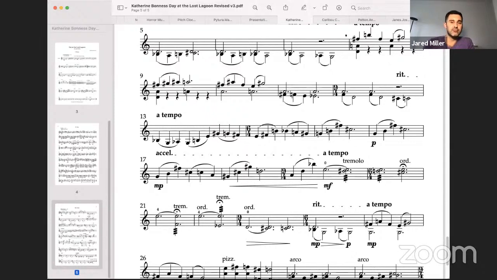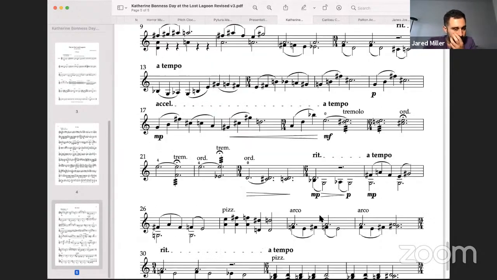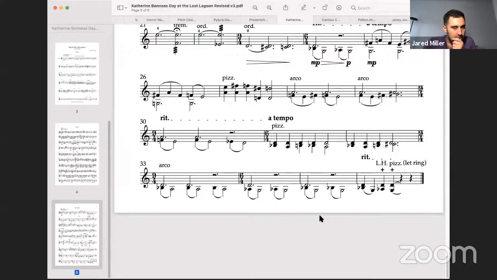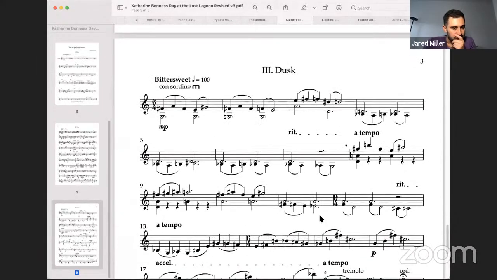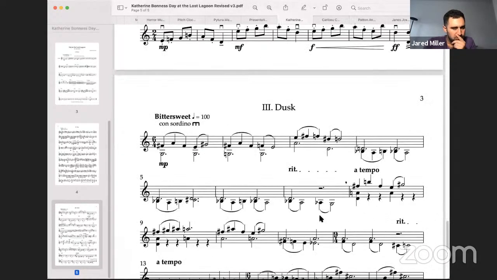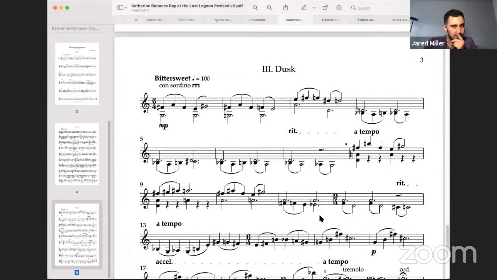Does that make sense? Oh yeah, definitely, yeah. And you're a string player as well, so you could theoretically try this out on your viola, a fifth lower, and see if it falls comfortably. Definitely. Right? Yep. Yeah, totally. So that's another thought that I had about this. Do you have any questions for me?